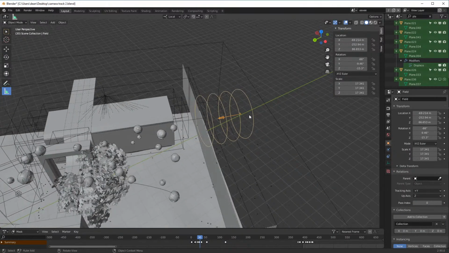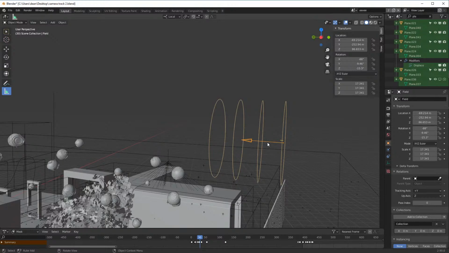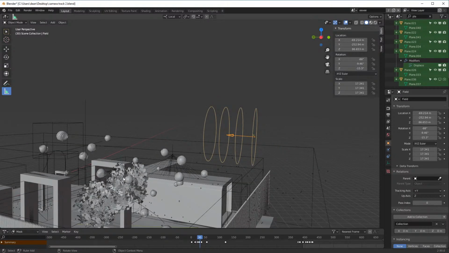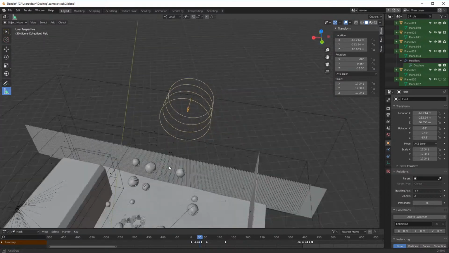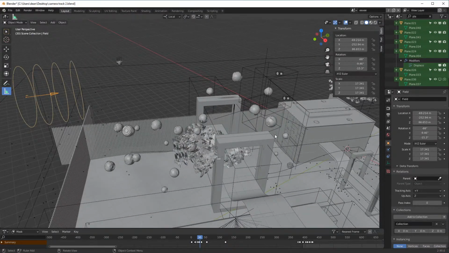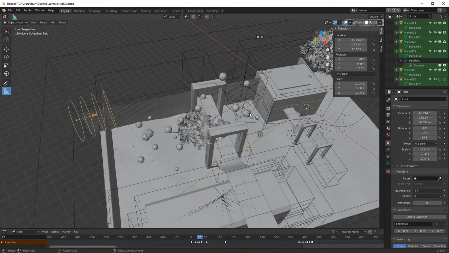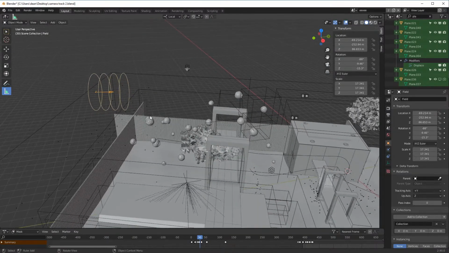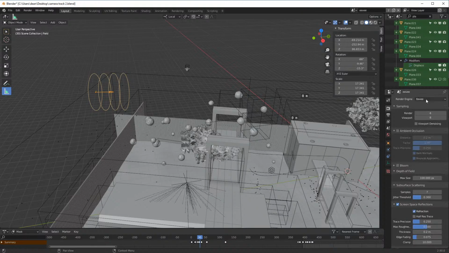And then I also added a force field, which just adds wind and some more turbulence to the motion, so that the drone objects move through the scene rather than just going straight. It's not exactly turbulence, but more force moving them across. And you could see that if we play this,